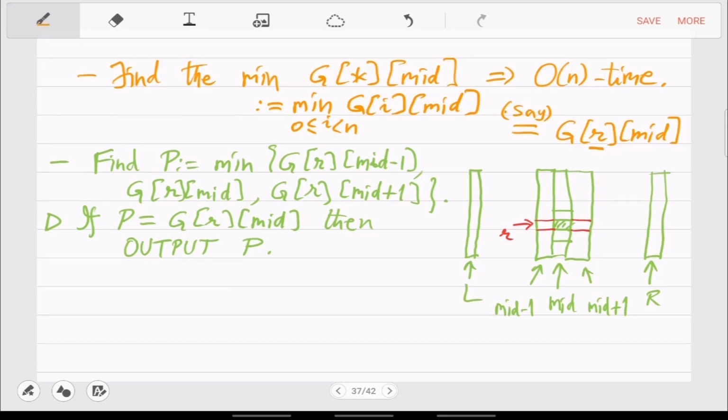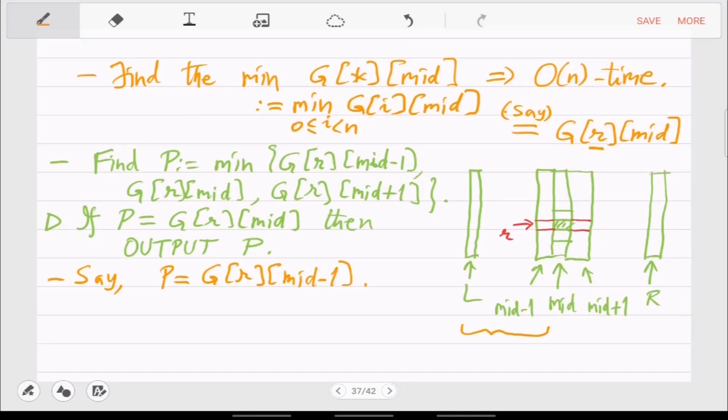So suppose what happens is P is actually G R mid minus 1. So it will be either mid minus 1 or mid plus 1. What do you do then? So in this case you should take this half.